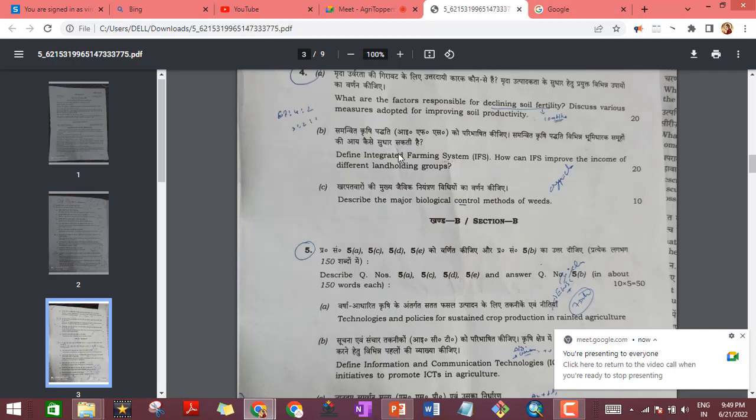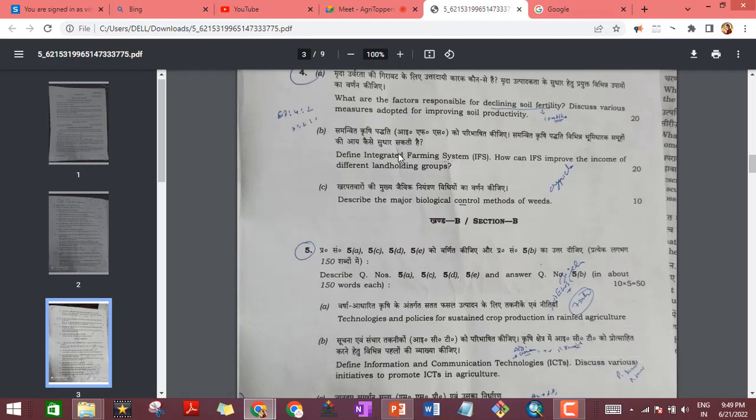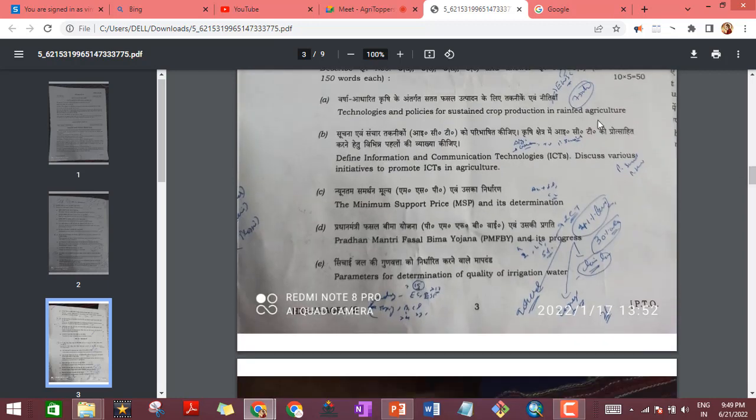Even when I saw that, for small farmers they have a particular IFS system. For a large farmer and rain-fed, we have different things. So I told about this major biological control. Here please use examples. So here also we can see all these questions like ICT. See, ICT means definitely all our ICT, Pusa Kisan, mKisan, all these apps you need to definitely write,